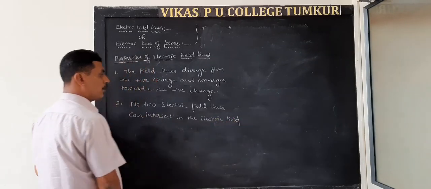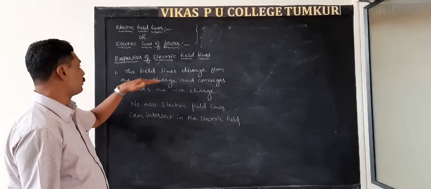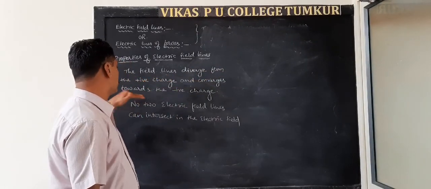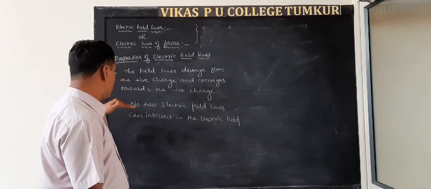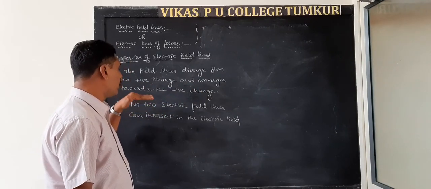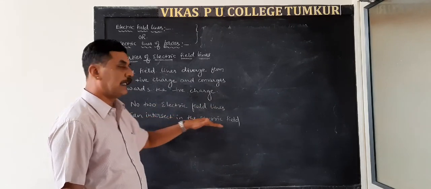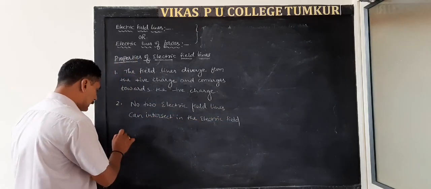So this is the second property. The first property, the field lines diverge from the positive charge and converge towards the negative charge. Second, no electric field lines can intersect in the electric field. Third,